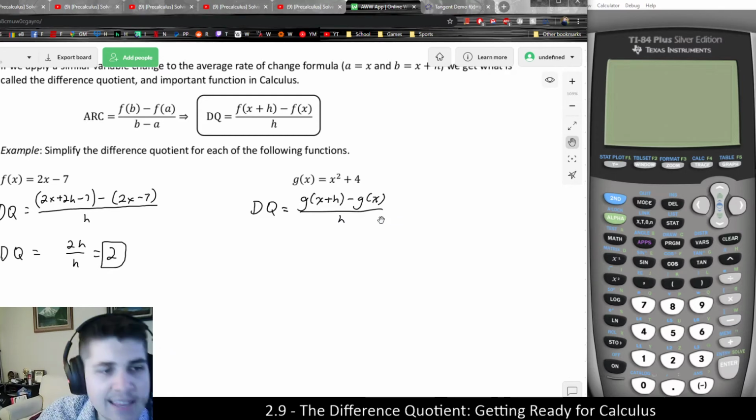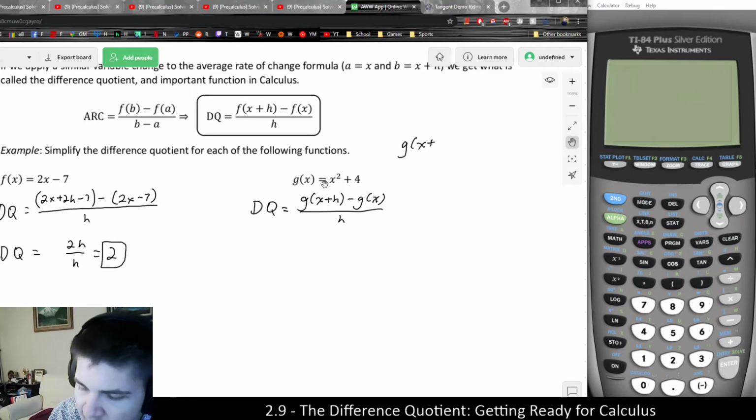But the key thing here is that the thing that we don't know is, what is g of x plus h? We know g of x is that. We know h, just an h. But g of x plus h is something we want to consider. And another thing to be very careful about is, remember, g of x plus h is not just x squared plus 4 plus h, because here the x plus h is in the input. So if I was to figure this out,